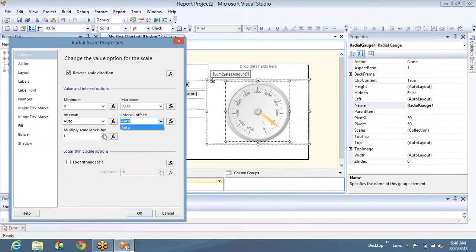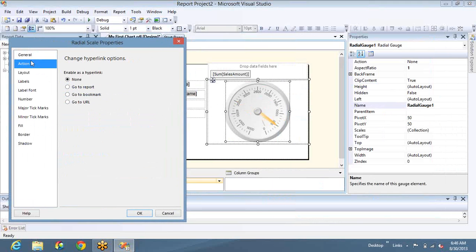Multiply scale by 1, or if you want to multiply the values by 100 or 1000 or something, okay, do it. It will be the scale value into this value. By default it will be set to 1. You can see the values of the scale is getting changed. And if you want logarithmic scale, you can go for it. Oops, I set it to 0, so everything is showing as 0. 1 means it will show the scale properly. And action, if you click on the scale, something should happen, then this is the page you can make use of. Just like configuring the drill through charts or drill through table,